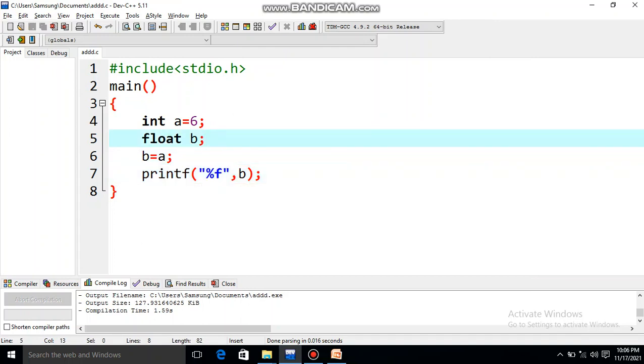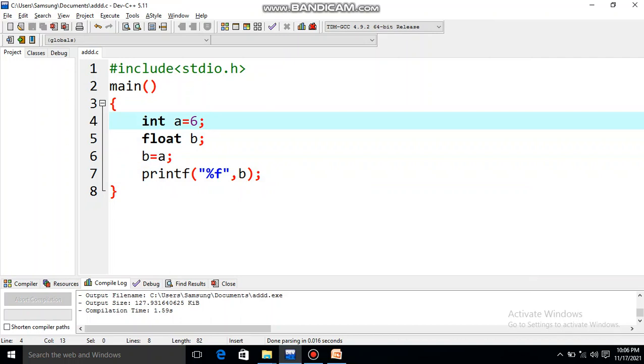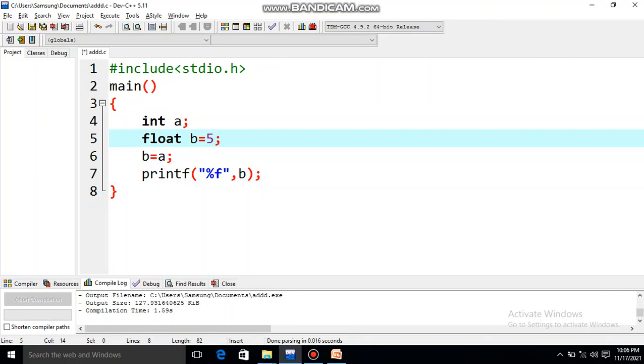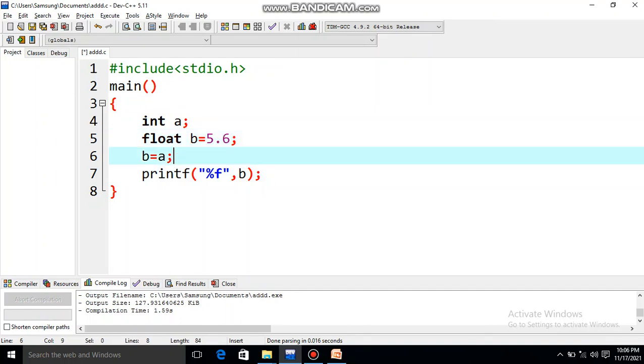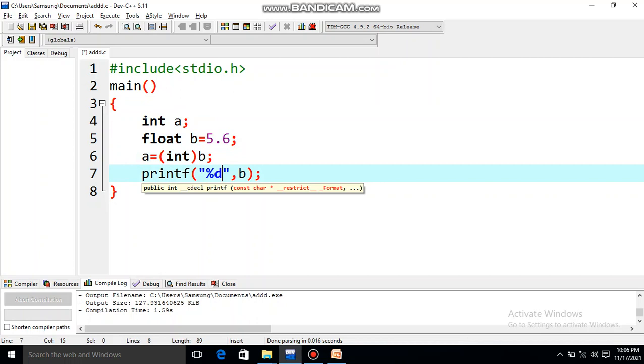Now I will show you typecasting, which is conversion from higher to lower, and it is done forcefully. Here is the variable, and suppose I am giving some value 5.6. Now I want to convert the higher variable to lower variable, that is float will become integer. If I simply write like this, it is not going to work. So b is float, and I need to convert it to int. I will write like this and then run this program. This one will be d, and this one also a. If I run this, it was 5.6, so you will get 5.